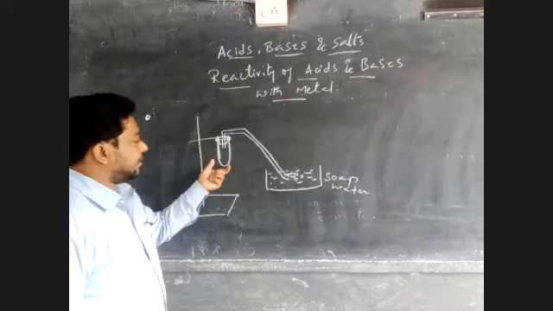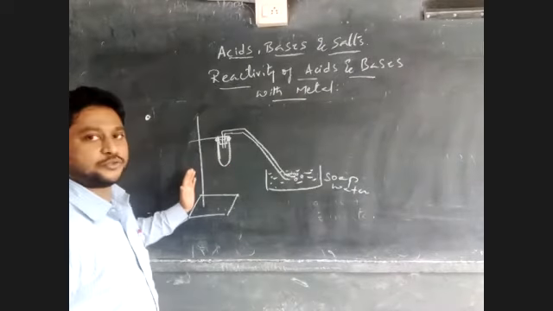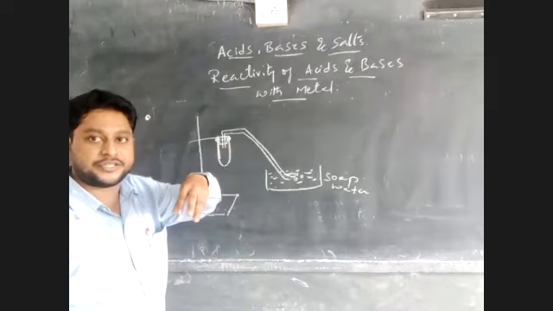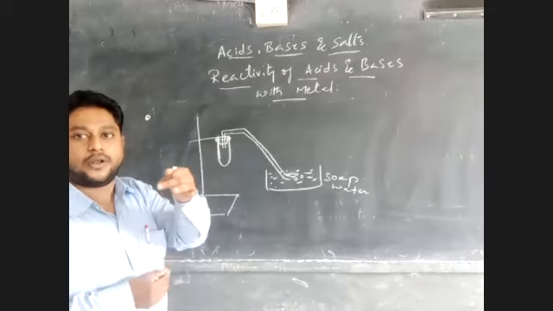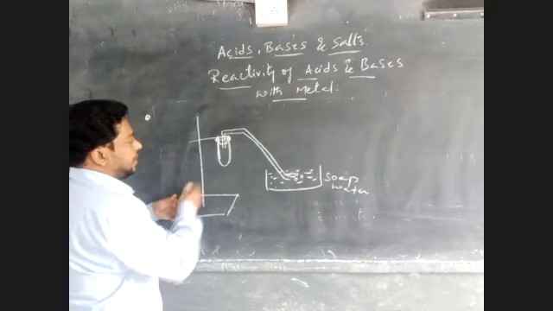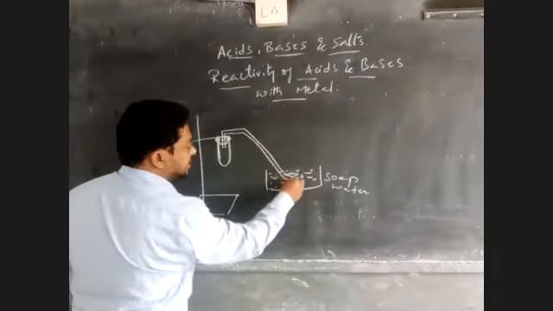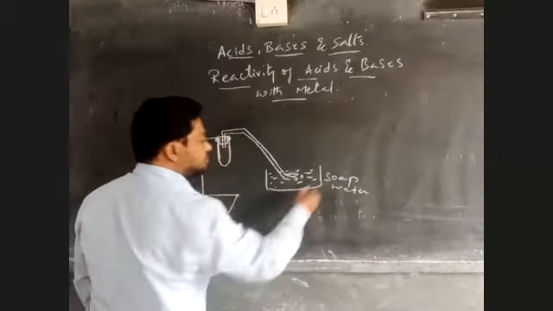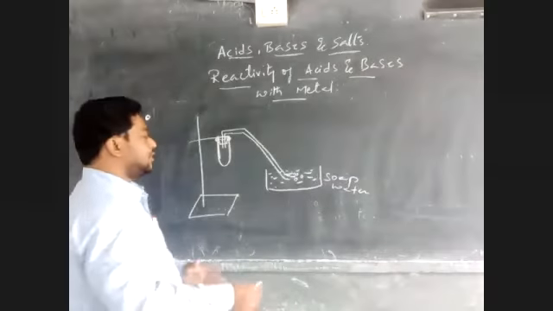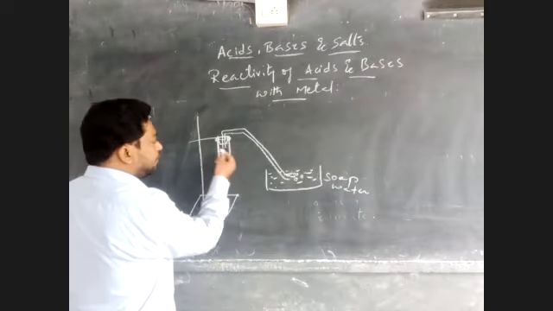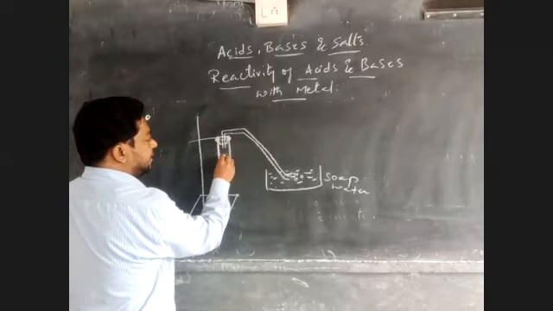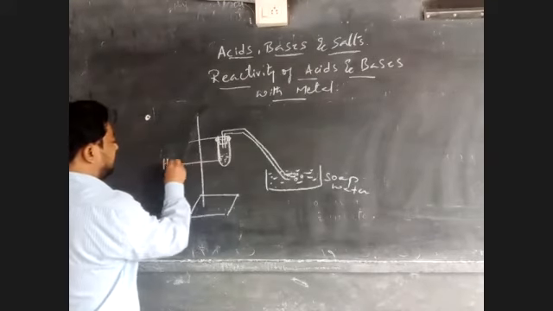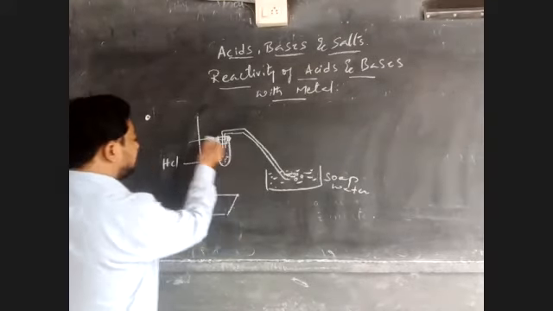Now we have taken the test tube which is fixed to the stand, and you have placed a rubber cork having one hole, and in that hole you have fitted the delivery tube. You have taken the water tub which has the soap water. Now, the acid present in the test tube is HCl, and you have added zinc granules.